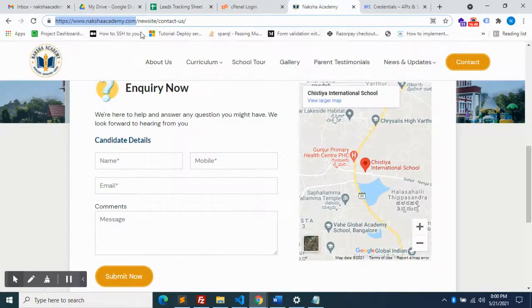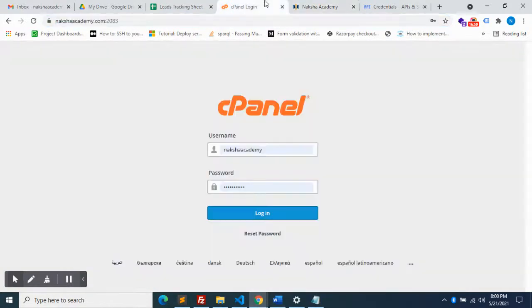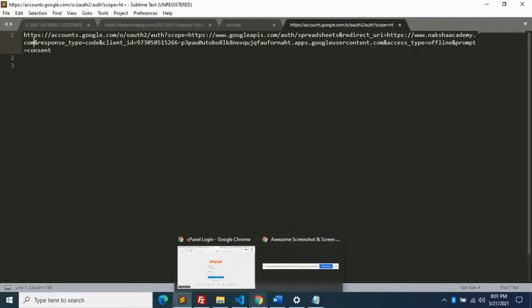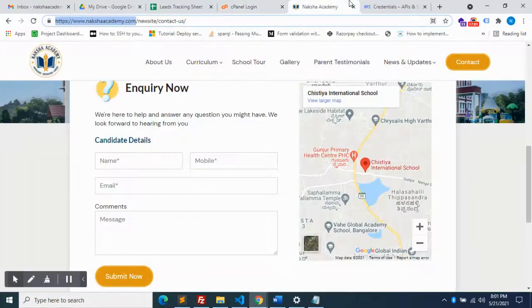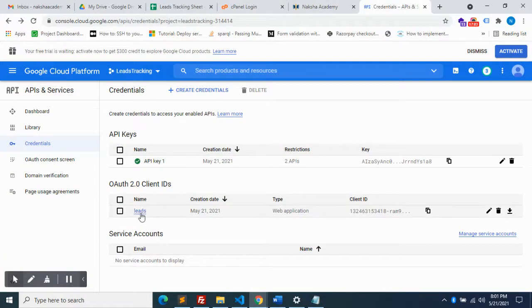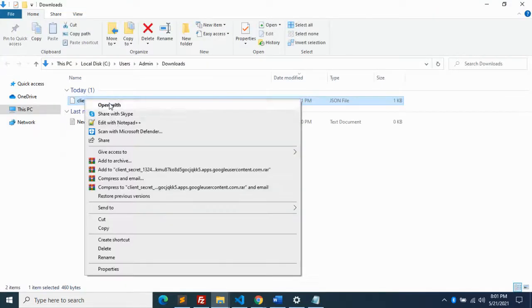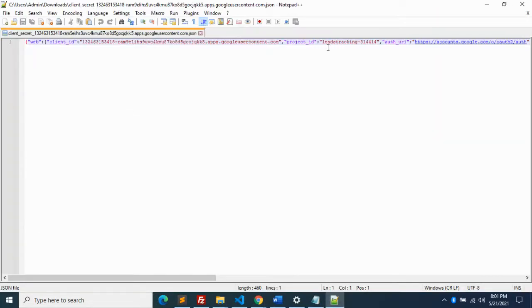The redirect URI is lakshacademy.com. So here we can use lakshacademy.com. One second, I will test it from here. You can see your redirect URI from here. You can download this client secret, and you can see which one is your redirect URI.